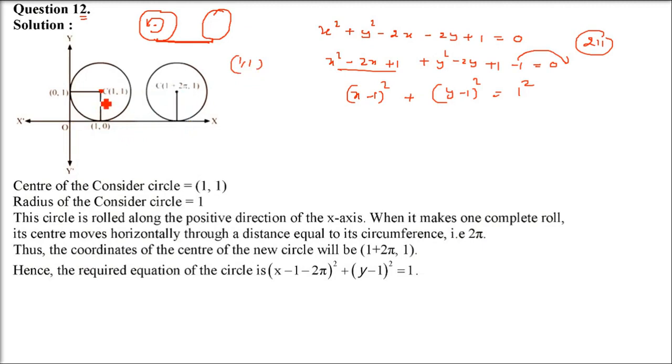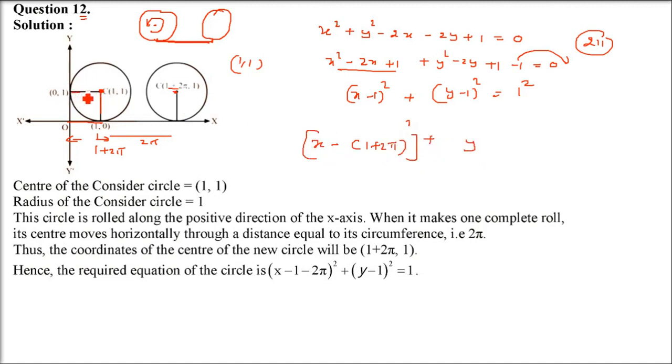1 square that you see there. So y will not change. Y coordinate of the center is not going to change, but the x is going to change. So from here to here it was 1, and now we have added 2 pi. So 1 plus 2 pi is now the new x position. So the center is now changed. X has changed to 1 plus 2 pi, and the h and k will remain same as 1.